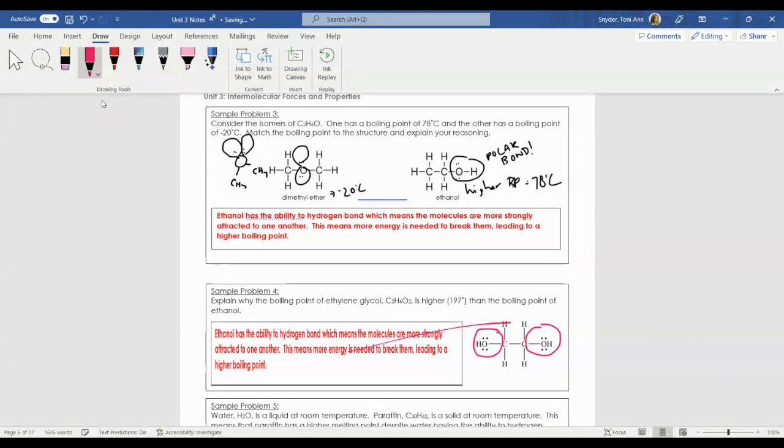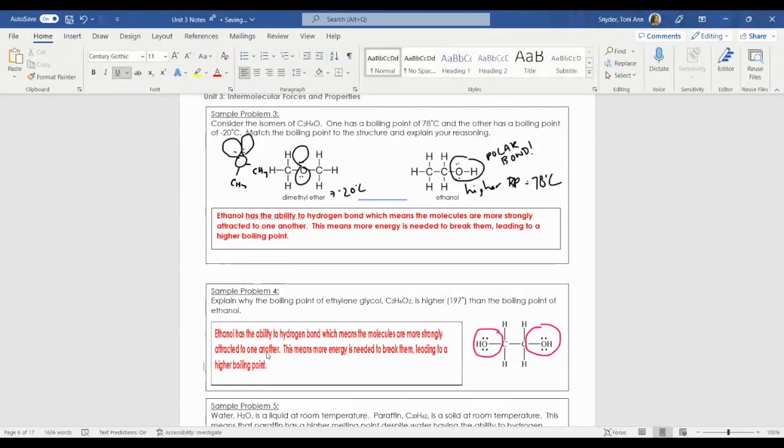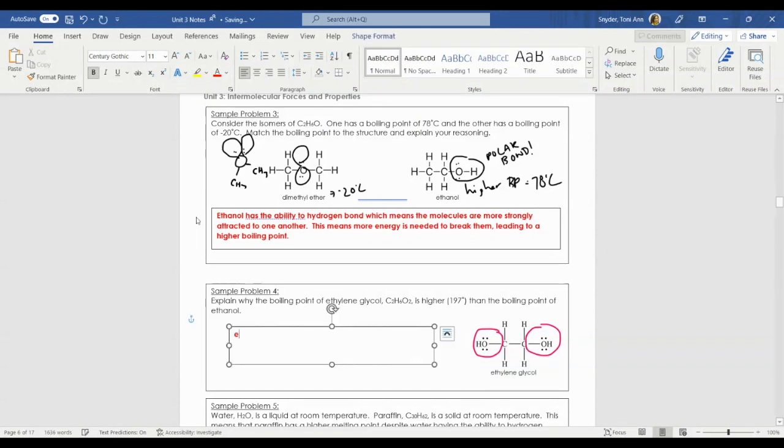So ethylene glycol has even more areas where we can hydrogen bond, which is why the boiling point is going to be even higher. So we'll say ethylene glycol has the ability to hydrogen bond